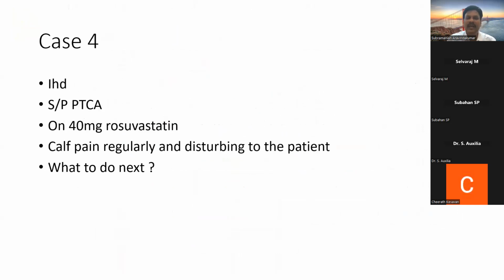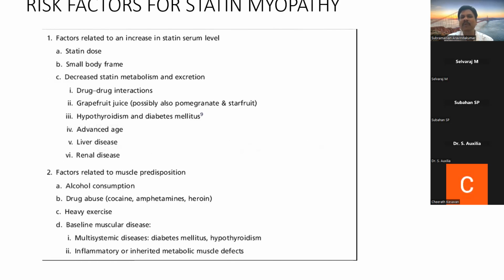Case 4, coronary disease, post-PTCA, straight away a high-risk patient, on rosuvastatin 40 milligram, the highest dose of statin. Calf pain regularly, so this is disturbing to the patient. So two things: one is calf pain, the other is inability to get up from the bed without support. So proximal muscle weakness. It straight away says possibly